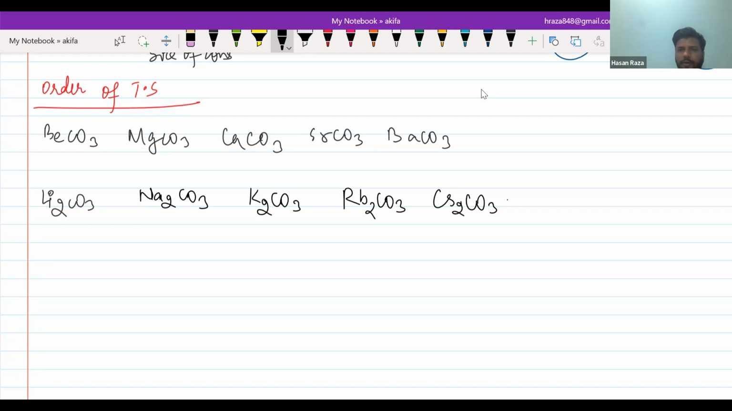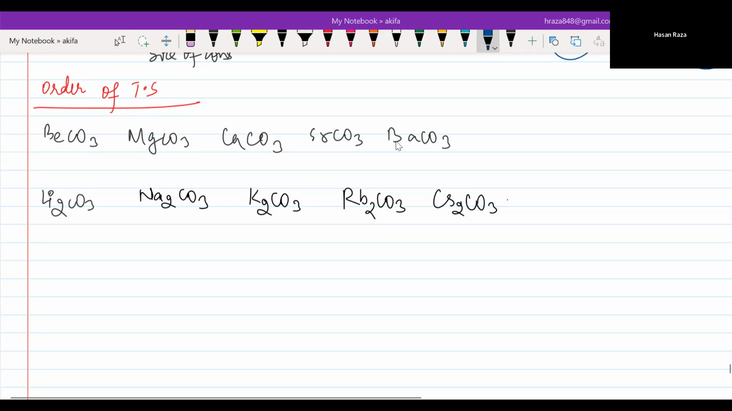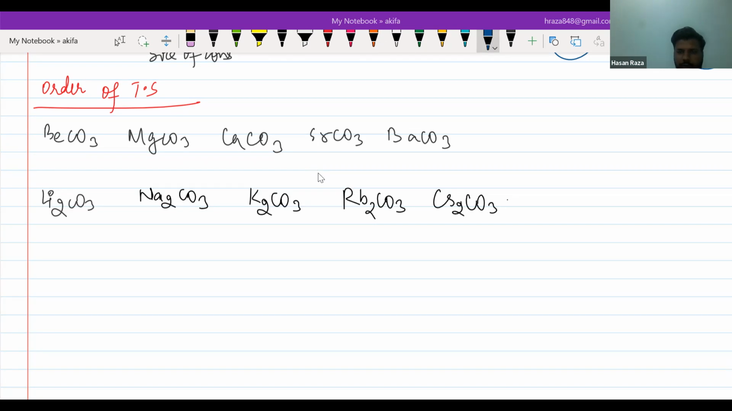Can you solve it, or should I start explaining? Yes. What's your answer, Akifah? Whenever the order of thermal stability will be asked, what you have to do is just